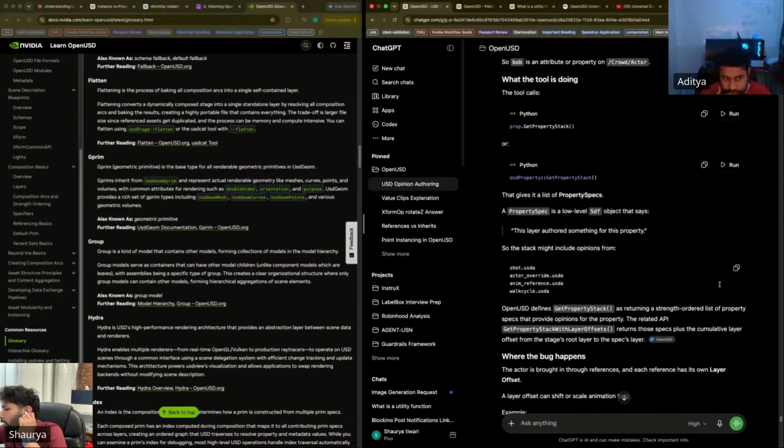The related API, get property stack with layer offset, returns those specs plus the cumulative layer offset from the stage's root layer to the spec layer. What does this mean? Get property stack with layer offset function returns those specs. Okay, I think it's talking about the strength-order list of property specs.